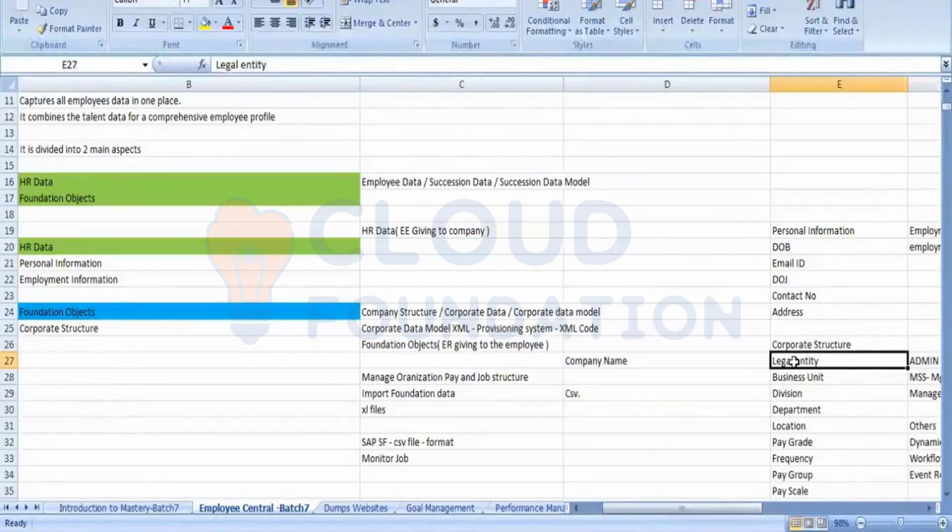A form will be there, and a form comprises certain fields, like legal entity ID, legal entity name, legal entity description, and status. These are called the standard fields. So from where are these fields coming? From the place where they have been defined.